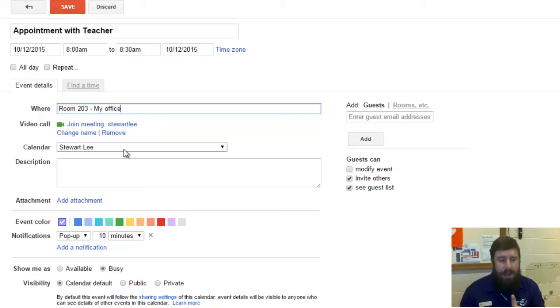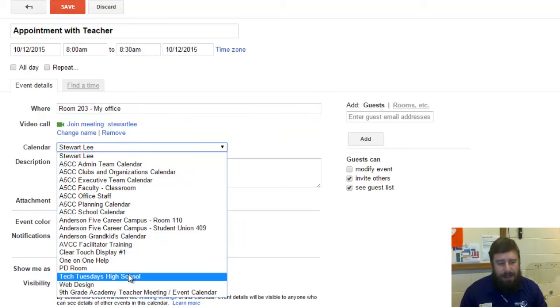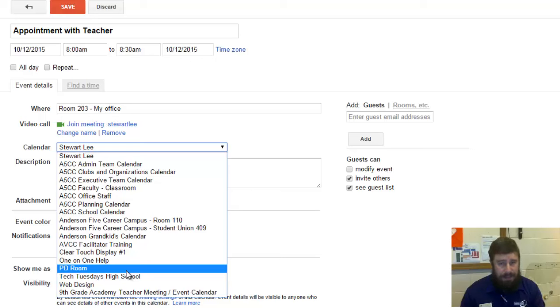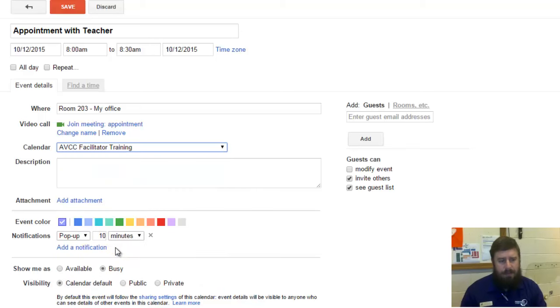However, a good thing to do if you have multiple calendars is to put it on the appropriate calendar. So I can click my drop down and I can see all the calendars that I can add events to. Okay, this isn't all the calendars I can see. This is all the calendars that I have access to add events. So I'm going to actually add that to my facilitator training because we're going to be training. So I've added it to that calendar. I can write a description, training